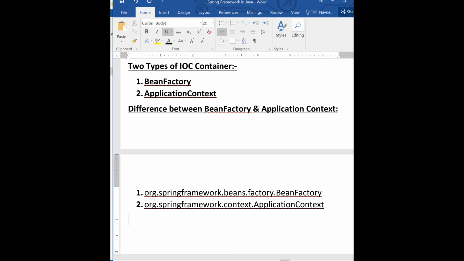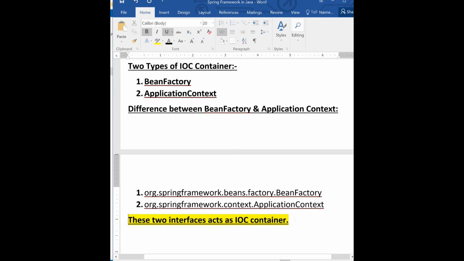So we have two packages, and both these interfaces act as IOC containers. Always remember these two are interfaces, and they are used to act as a container. Okay, what container? IOC container.